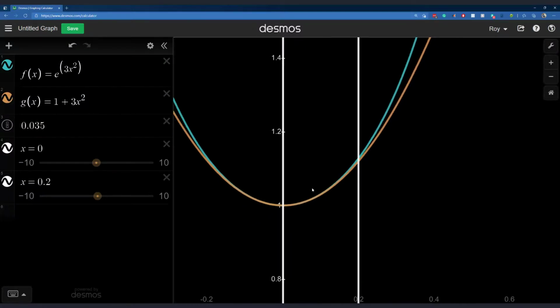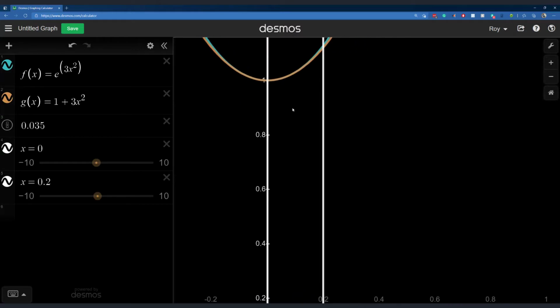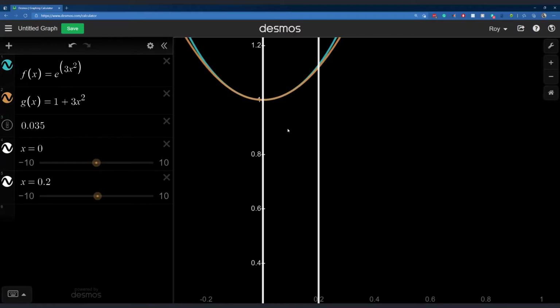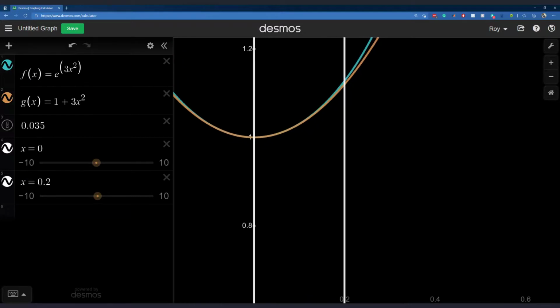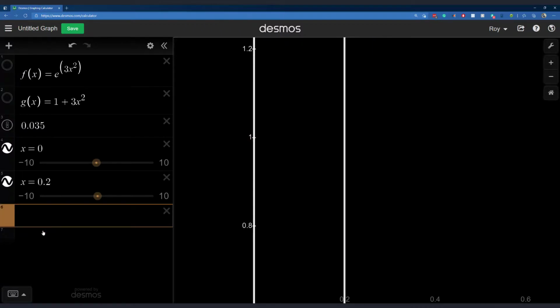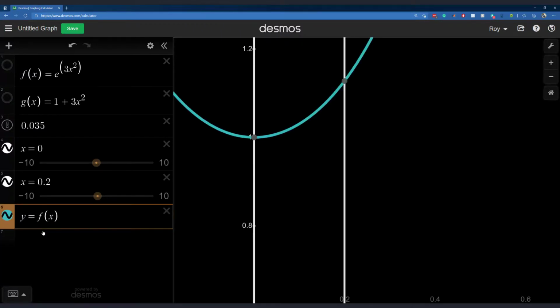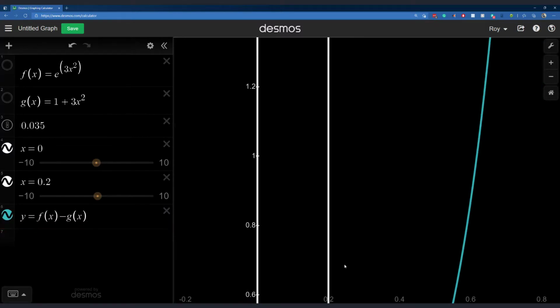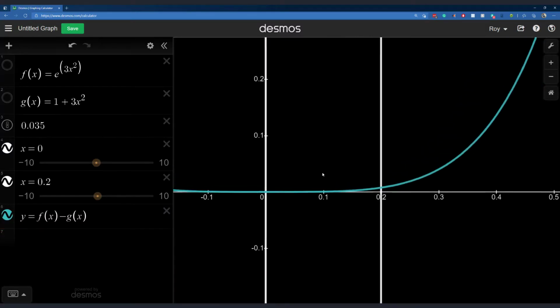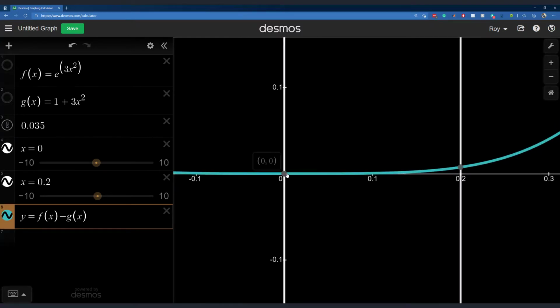And if you want to showcase that the error on that interval is less than 0.035, we can just take the difference between f and g. I'm going to turn them off, and I'm going to graph y equals f of x minus g of x. This is just the difference between them, and you can see the difference is really small. In fact, it's 0 at the center, and it starts to grow from that point forward. Look at the y values. The y values grow and grow and grow. By the time we get to this edge, the error is 0.0075, which is less than